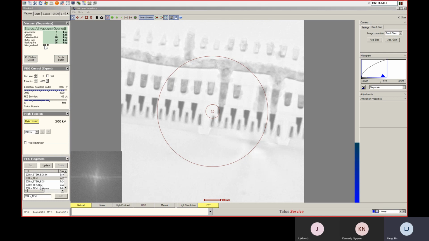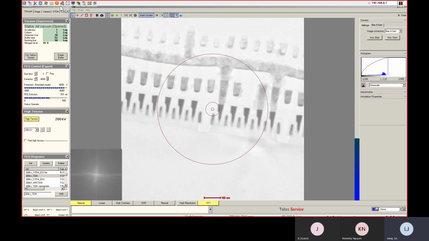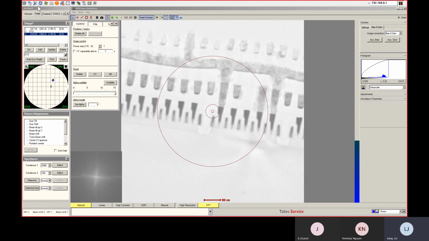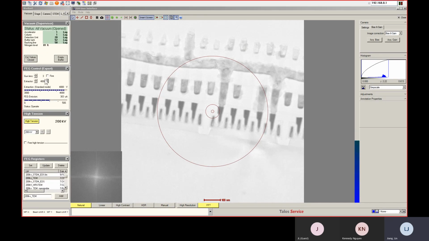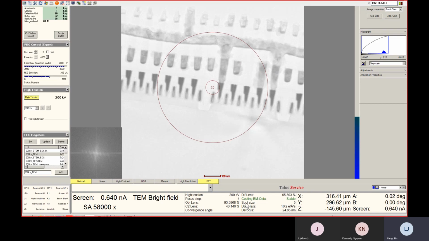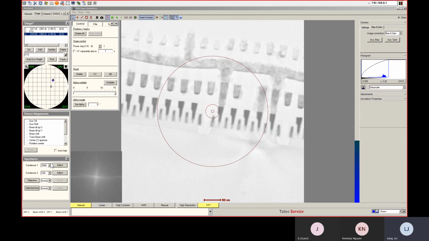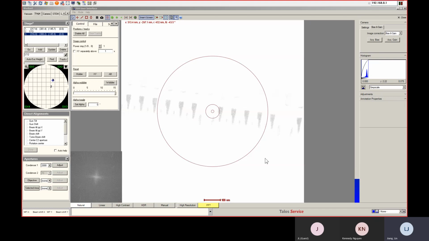If you get a factory register for the HRTEM, you can load one. If you don't have, we can just use this one. So basically, you can set up the gun lens. You see gun lens 3 is good for high-res imaging and spot size 5, which is good. And another thing, we probably need to use the 70 aperture, which gives us better